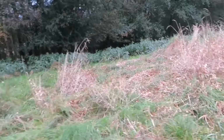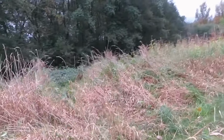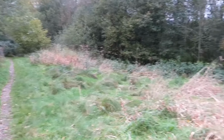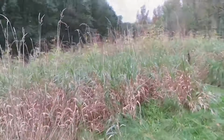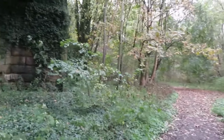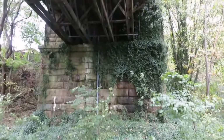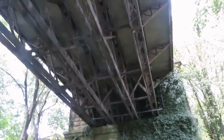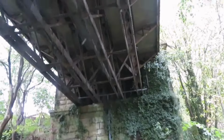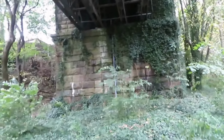We are literally on the last couple of stretches of the canal now, and the canal would have run this way from Bentley Bridge all the way down here, coming up to this spot. So everyone, we're getting closer and closer to Bolton Town Centre, or Bolton Wharf, where the Bolton Canal would have stopped. We're just back underneath the viaduct, but in this exact spot where I am stood now,